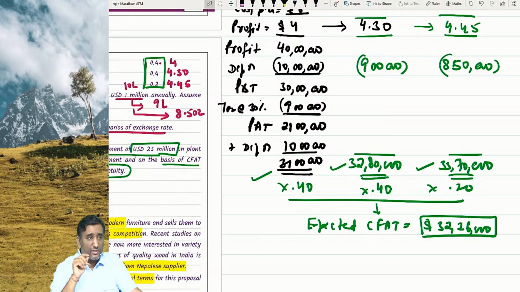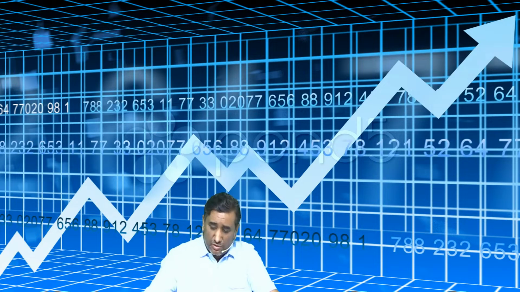Formula is expected cash flow divided by K minus G. Should I multiply into 1 plus G? Why no? Expected. Now let me show you the institute answer. That is the reason for covering. So these questions come next time, na? My expectation from you would be